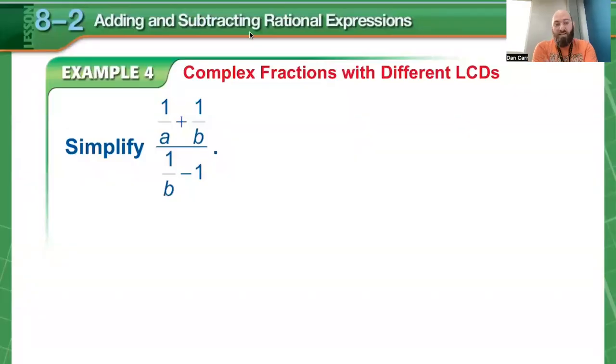Today we're going to be looking at 8-2 day 2, which is complex fractions with our different least common denominators. Basically, we're looking at just complex fractions. And like we did with complex fractions before, it is a fraction over a fraction. But the biggest thing is that we just need to make sure that we're keeping track